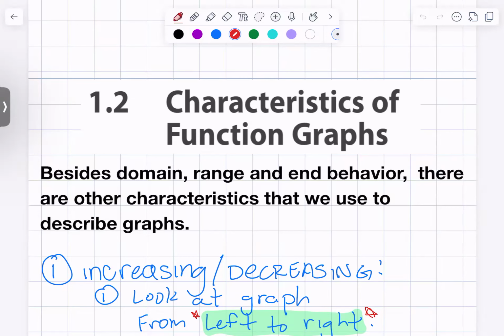Okay, welcome everyone. This is 1.2 on the characteristics of function graphs. Just like our previous lesson on domain, range, and end behavior, domain, range, and end behavior are all characteristics of a graph. These six that we're going to cover are other characteristics as well. So the first one,